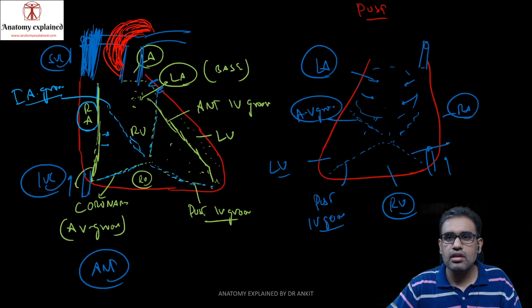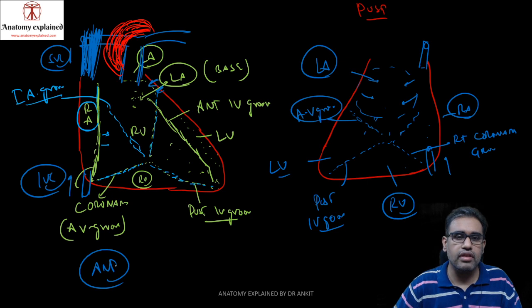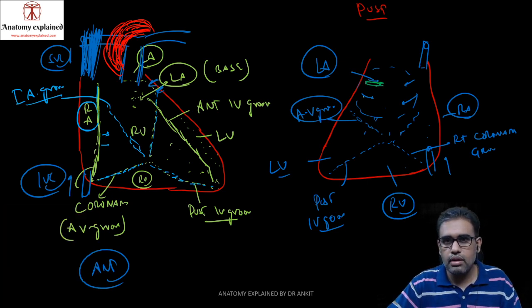This will be our coronary groove because it is between RA and RV, that is the right side, right coronary groove, also known as the right AV groove. Okay, and these are your pulmonary veins over here. If we try to make it a different color, then these would be our pulmonary veins opening to the base of the heart, that is your LA. So LA you can see mostly present on the posterior aspect.